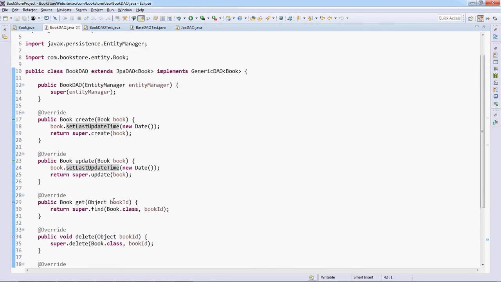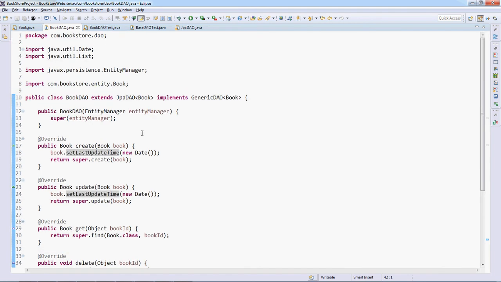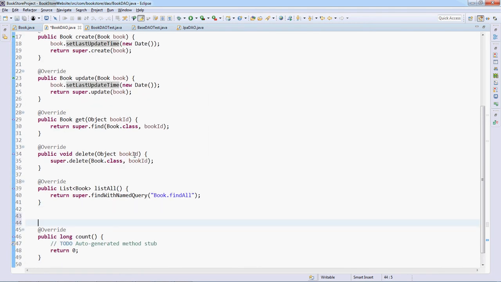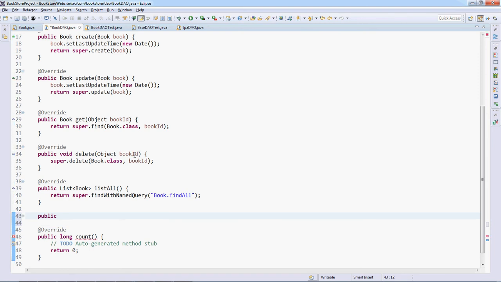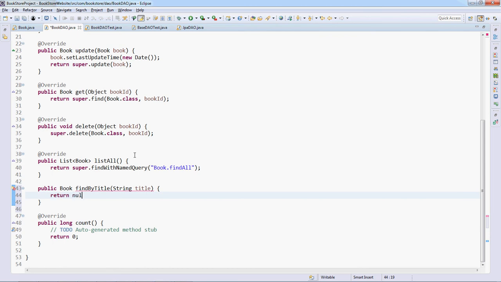The findByTitle method is not defined by the generic DAO class, so we need to create that method here. Public Book findByTitle(String title), return null by default,